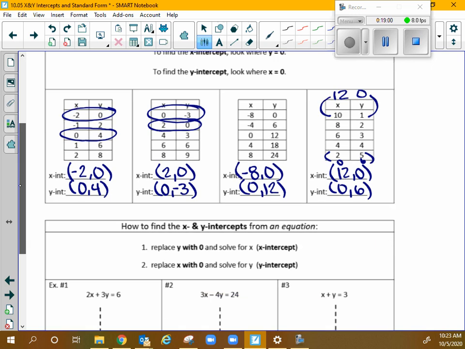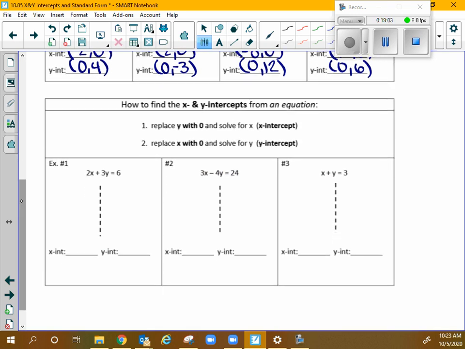Yes? All right, searching for zeros. Now, those look familiar? What form is that? That's standard form. Standard form is real nice for finding intercepts. Now, if I'm looking for intercepts in an equation, that use of the 0 is going to come in handy. Remember, your x-intercept is where which value is 0? The y. So I'm going to take my equation and replace y with 0,